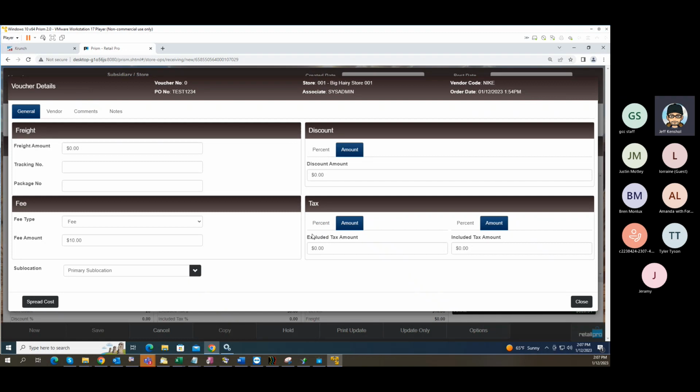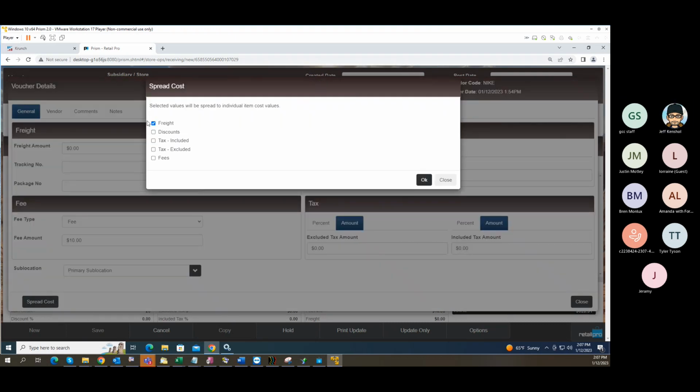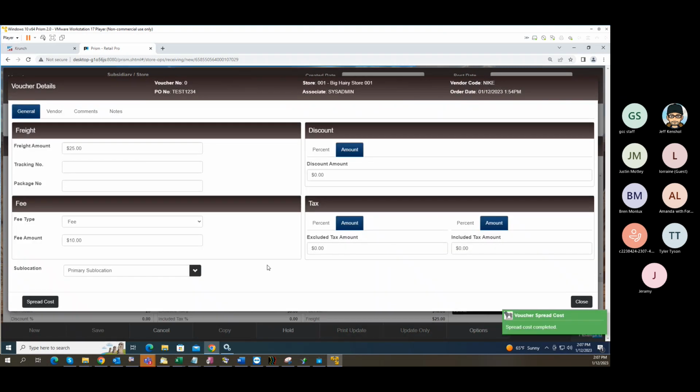I actually have a client who does that, but they're in the National Park Service and their margin is regulated. So they spread the freight, but they don't spread the discount so that they can charge a little more, right? Smart people out there, right? All right, so